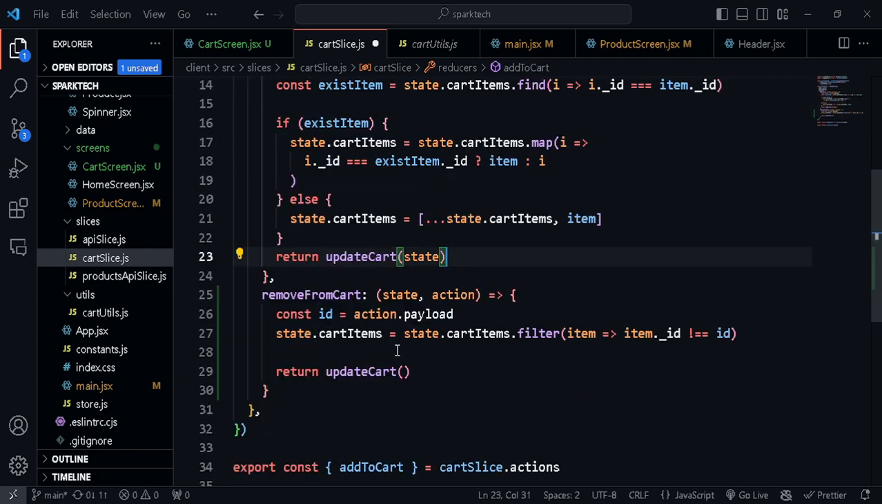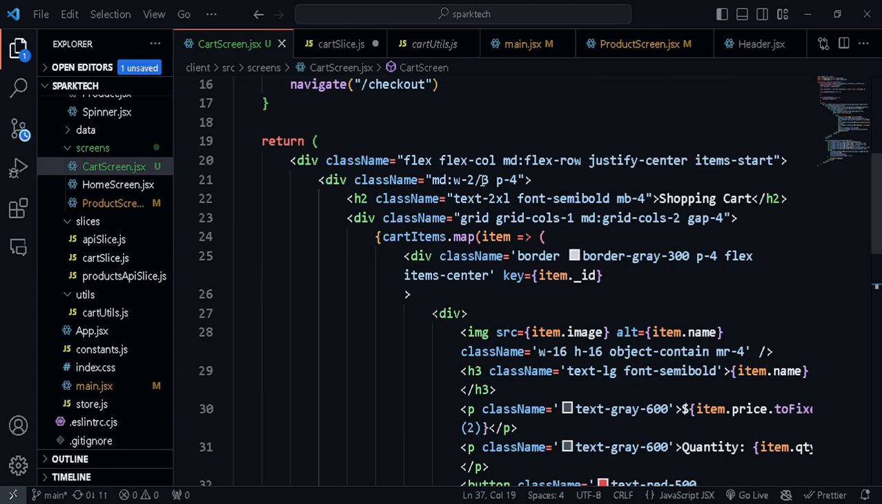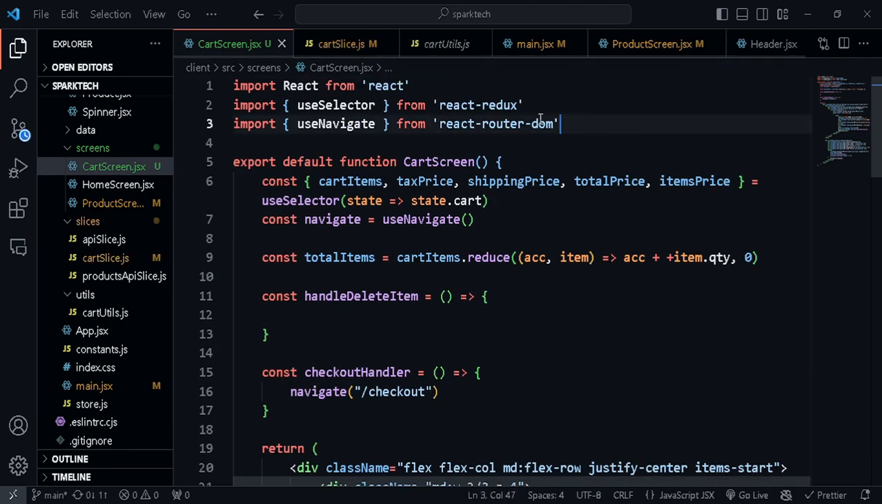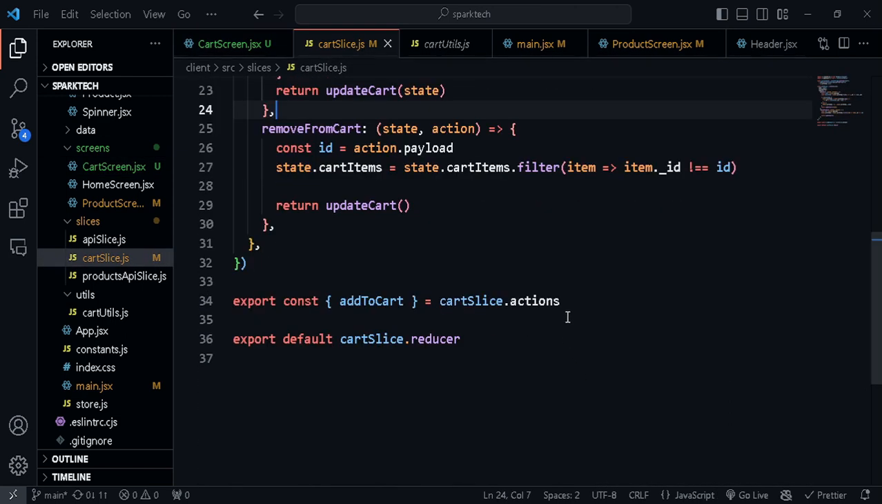All right, so we are just filtering out those items that come from this id. Okay, so this is the condition. If this condition is true, it will keep the item; if this condition is false, it will go ahead and remove that item which we are getting from the payload. All right, let's go to a cart screen and bring in, first of all we need to export this,